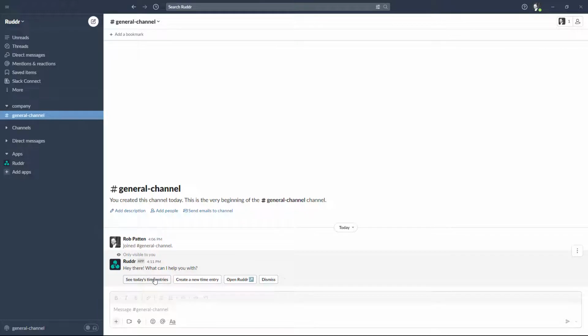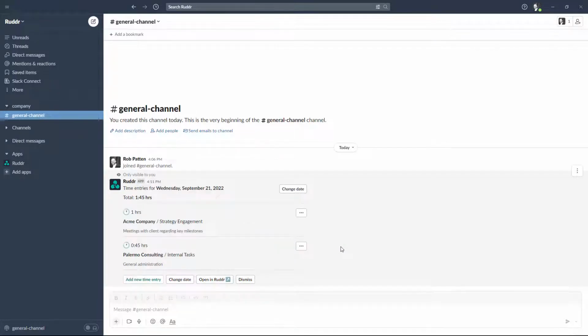If we click See Today's Time Entries, we're going to see a summary of the time entries that we've entered for the current day. We could have created these time entries here in Slack, or we could have created them from the Ruddr web app. We can see here that for Wednesday, September 21st, we have 2 time entries for a total of 1 hour